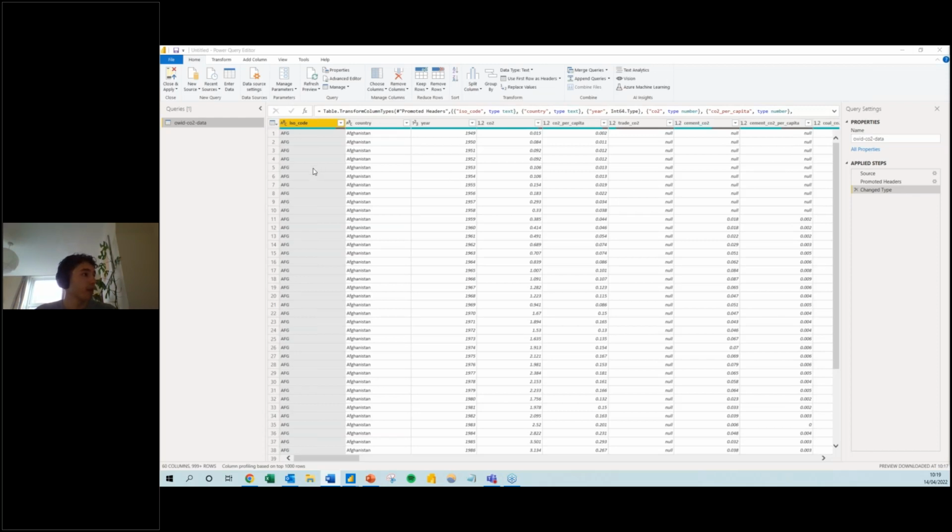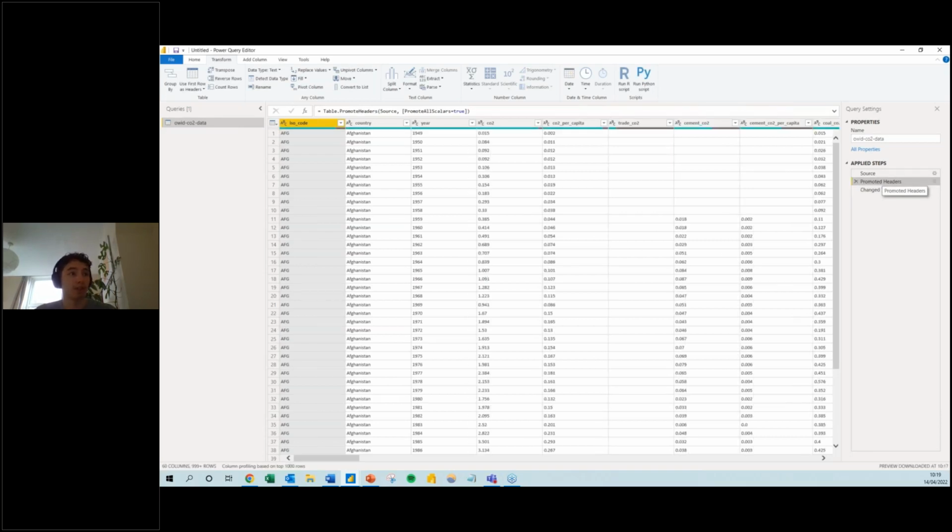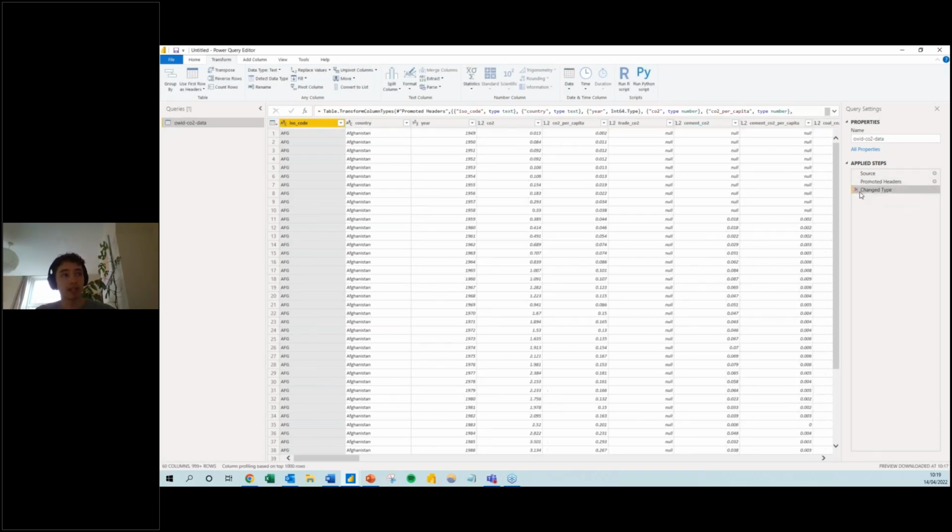So we can see up at the top here, there's lots of different options and buttons for us to go ahead and transform our data, add any columns, do any calculations and things like that. Whenever we actually make a change to our data within Power Query, Power Query records the change we made in this applied steps area on the right hand side. And that's quite useful because it means you can step back and forth between the steps you make. So you can see the state of data when you made certain steps,